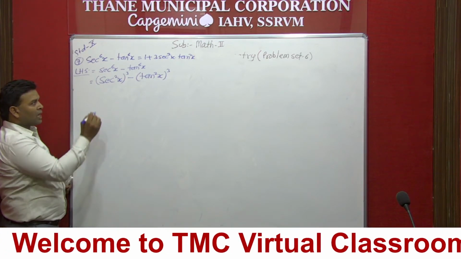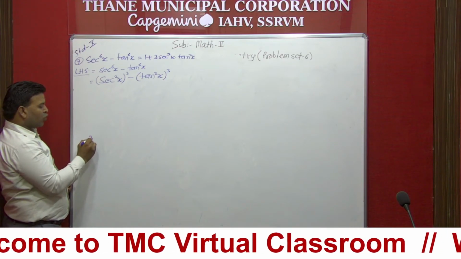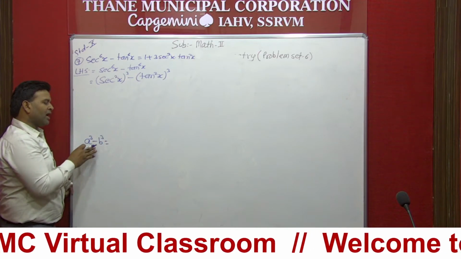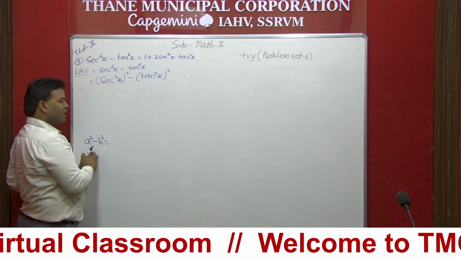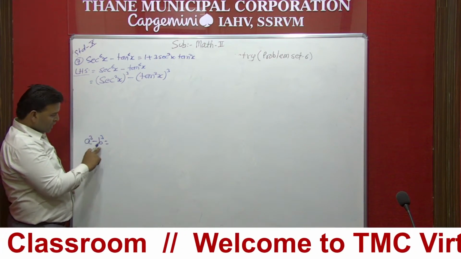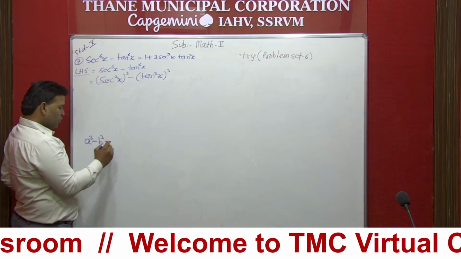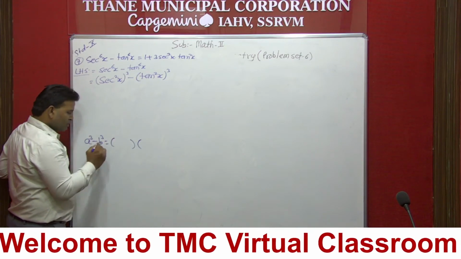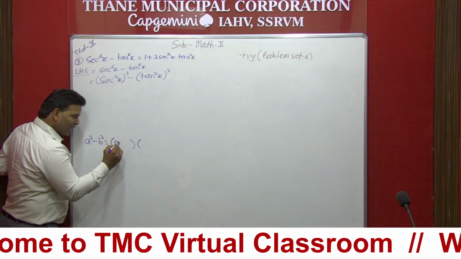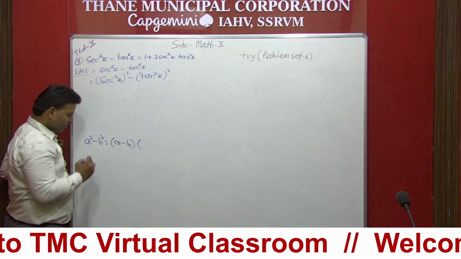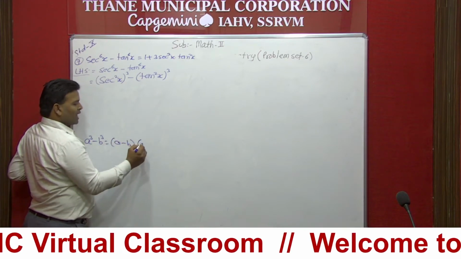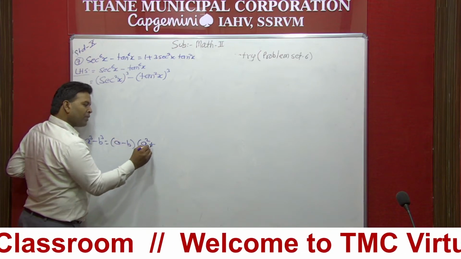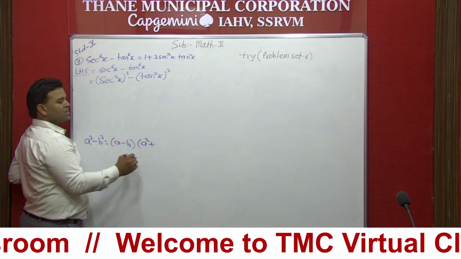Now see, here I am going to use the formula a cube minus b cube. A cube minus b cube is one of the identities which we have already studied in our 8th standard. Now see, what is the relation between these two? Subtraction. So what I am going to do, I will use two brackets, a smaller bracket and a bigger bracket. In the smaller bracket, I will write these two terms with the given sign. In the next bracket, I will write a square plus, and whatever the sign we have here, we use its opposite there. If we have minus, we will use plus.